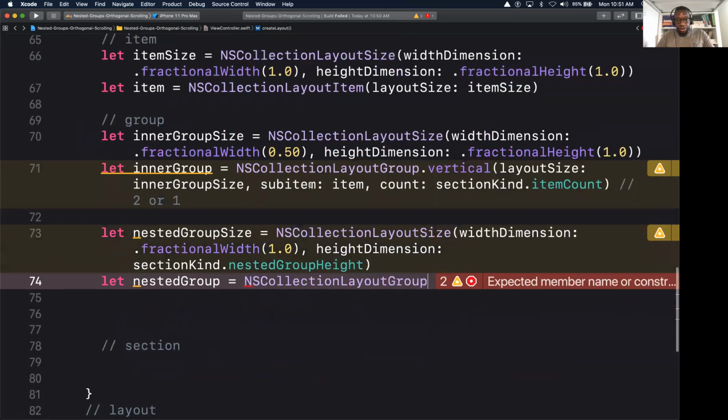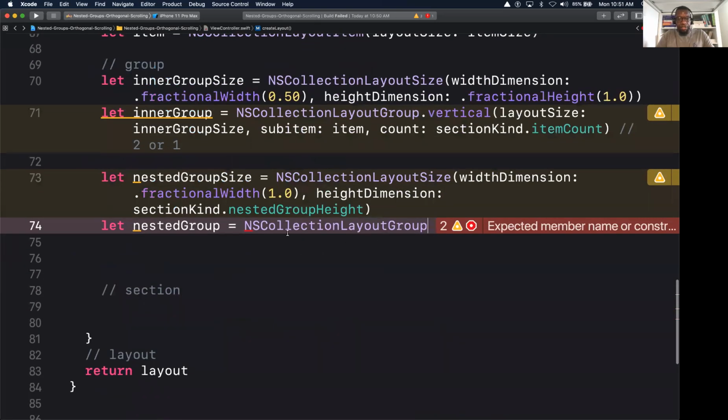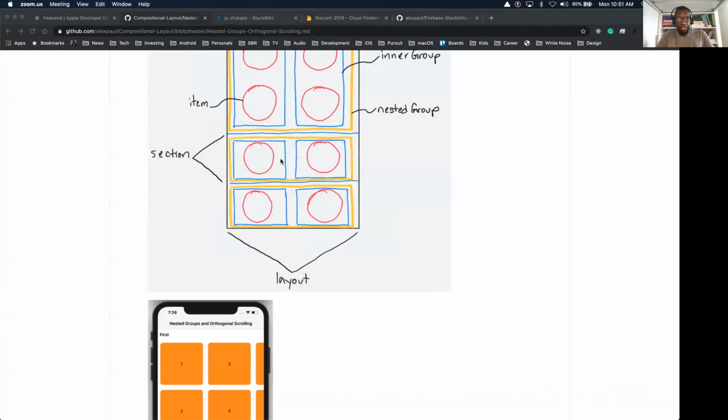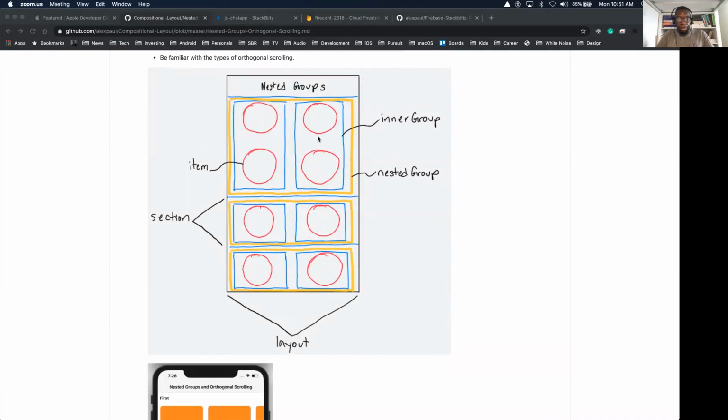So let's continue here. Now the question was, how are we laying out our nested group? Our nested group is the yellow box. How are we laying it out? Is it vertically or horizontally? How are we laying out the items inside of it? Horizontally? Horizontally, very good. So if we start from the first item here, we go to the second item horizontally